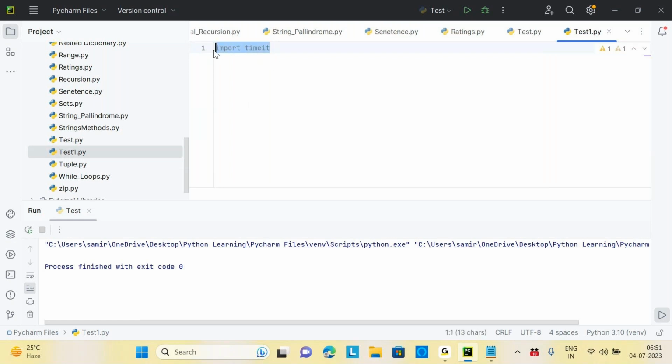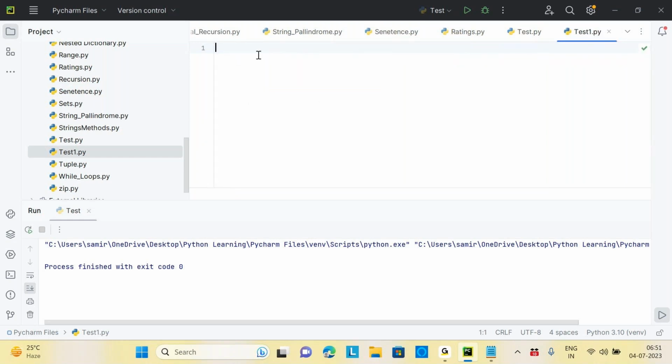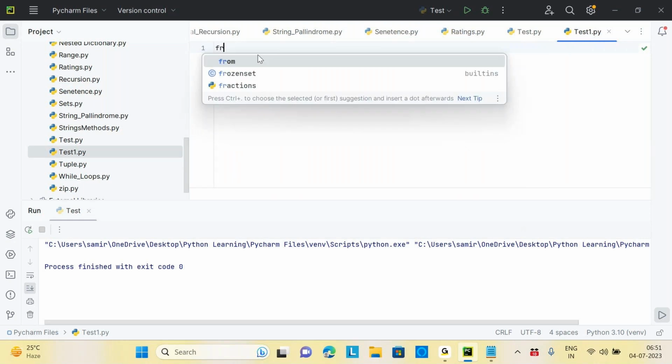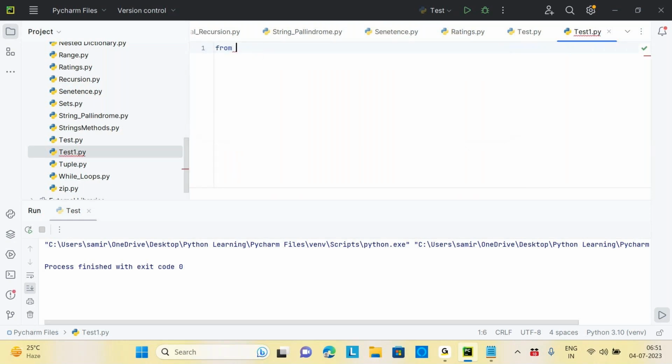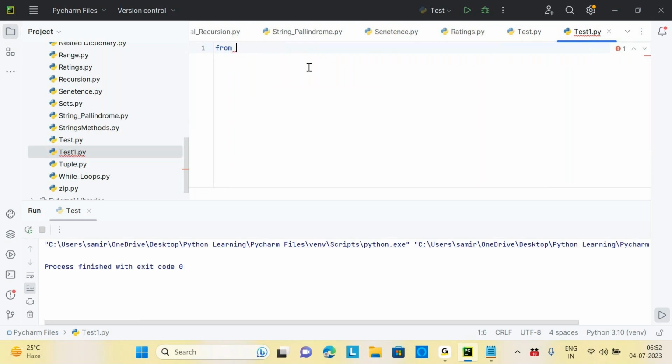So like that, the same thing applies here as well. If I want to use any methods or anything from this class, then I want to import it first. So here I want to use from whatever the file name I have. Which file name have I defined the class in? TEST, T capital. That is my package now. So from test